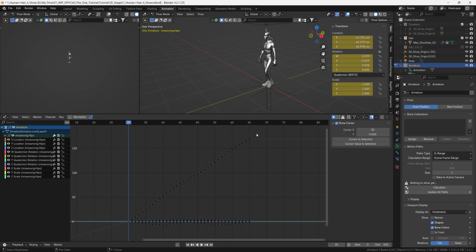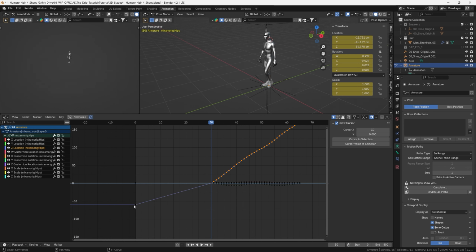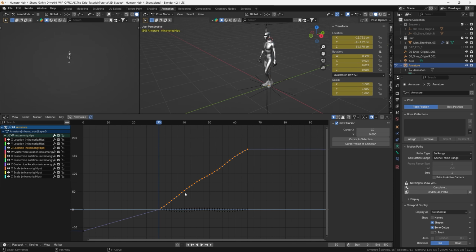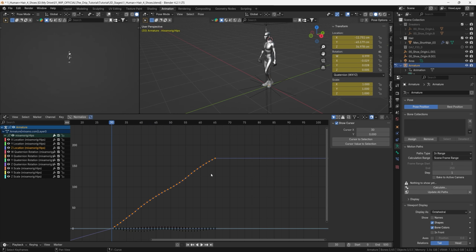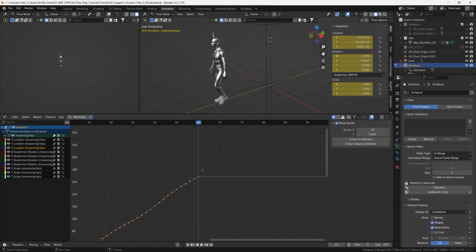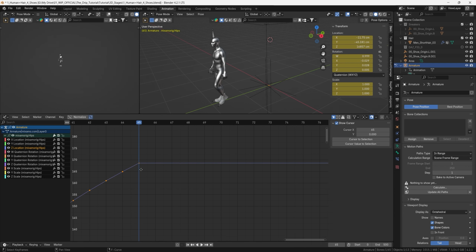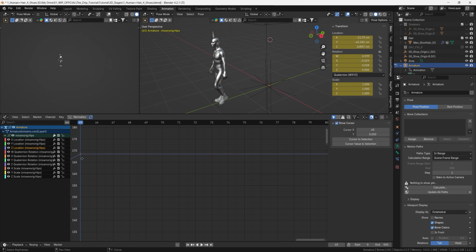Here we can see the speed from that the guy starts walking here, and we see that the speed is varying a little bit. So what we can do is to select these keyframes, and it can be a bit tricky to select the last two ones here. So press Ctrl+ twice, and then you select even this one. Be careful that you don't select this one, because we only want the actual walk cycle and not this transition period. And then we press Ctrl+C. We put the timeline to here, 65, and remember the value of this spot, which is almost 170, and then